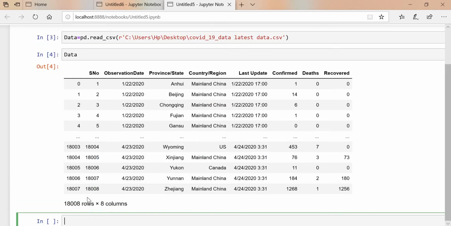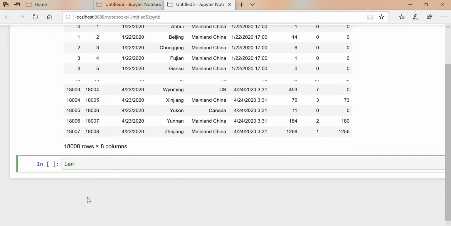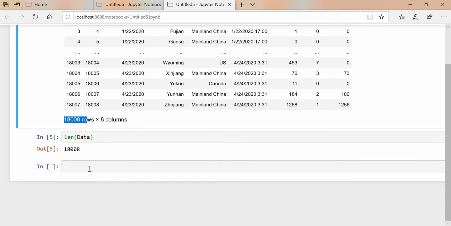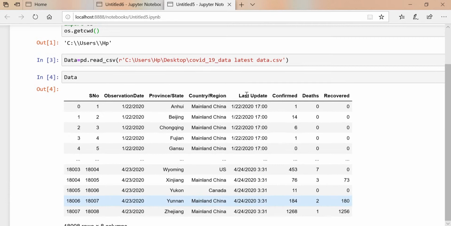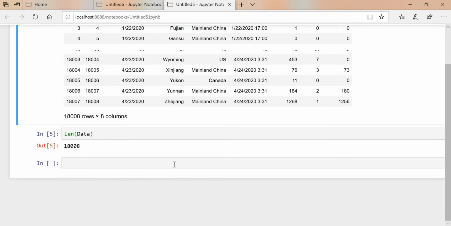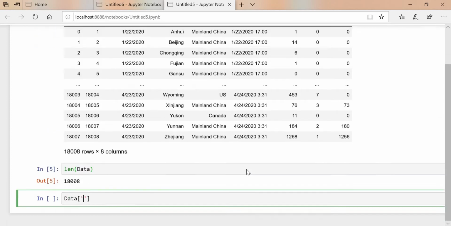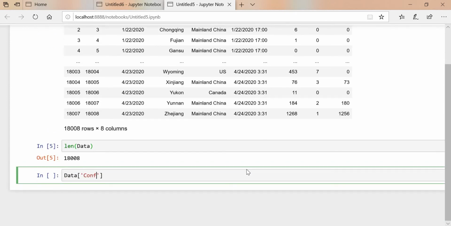If you want to check the total length of your data, you can check that. See, the total number of rows is 1880. If you want to check the maximum confirmed cases inside this data, we can check that as well. So data, inside this we pass the column name confirmed, then the max function.